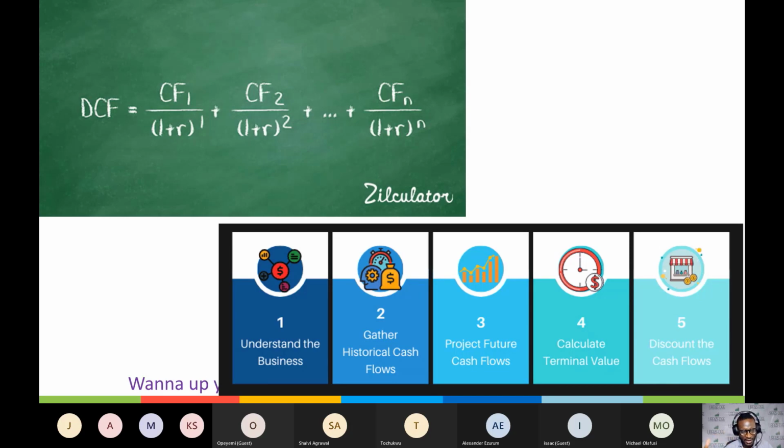And another bad part of it is, if you're going to have to use this to source for money from banks or investors, it gives you more trouble because they keep asking you questions around, oh, this figure you put in year 8, this figure you put in year 10, this figure you put in year 11. So you spend more energy defending what is not even going to ever happen, because that's the truth. There's no way you can predict what will happen 10 years, 8 years, 9 years from now.